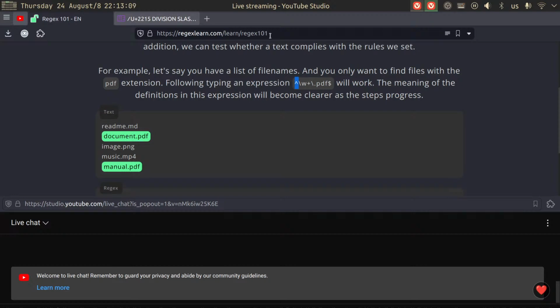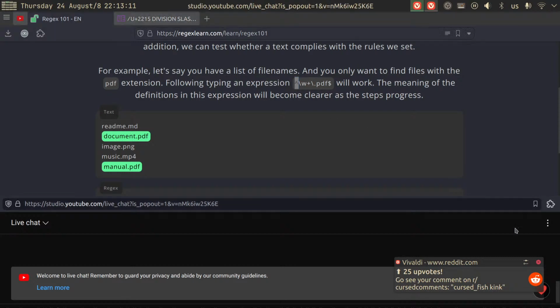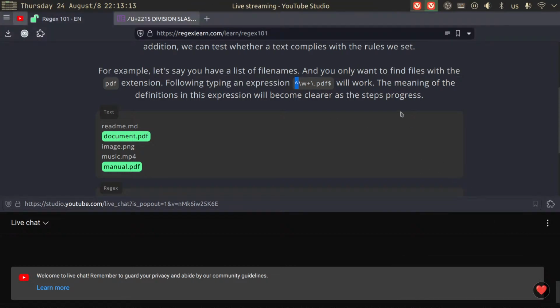So regex 101 is also a website. Fuck off, Reddit. Yeah, but this is the name of the course. Huh, okay. Right, so